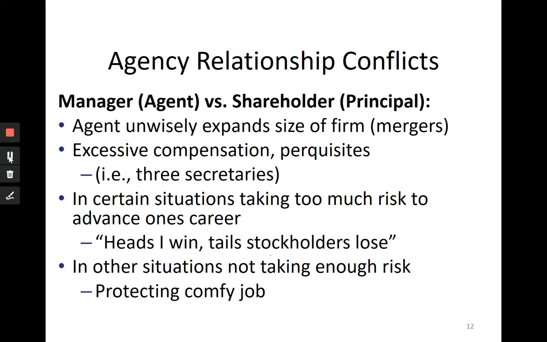The opposite also holds. There are situations where managers prefer to have a protected, comfortable job rather than take prudent risk that generates more wealth but keeps the manager out of his or her comfort zone and makes their life more difficult. So they may, out of personal interest, not take that risk.